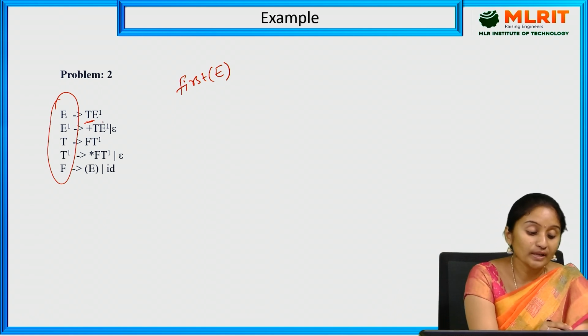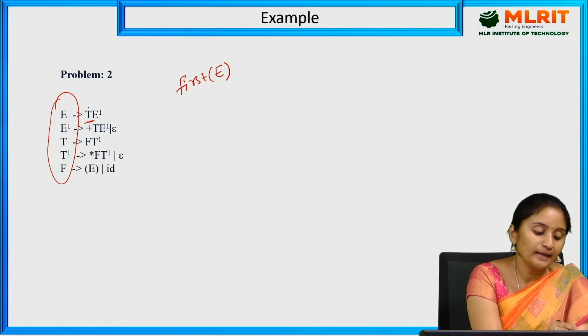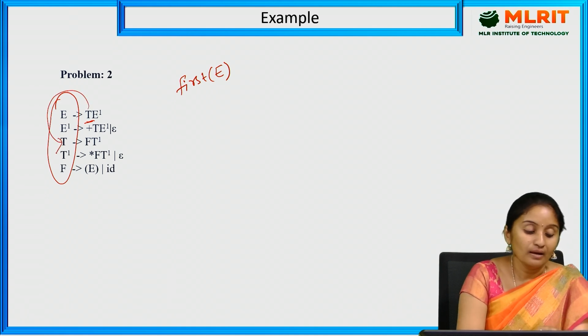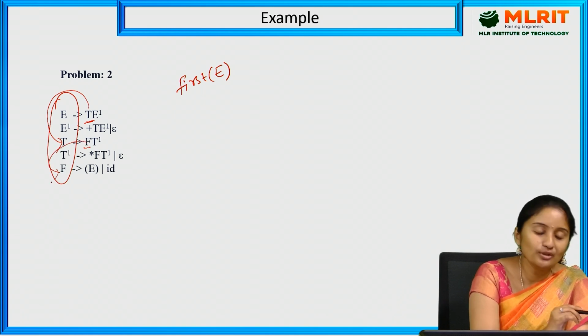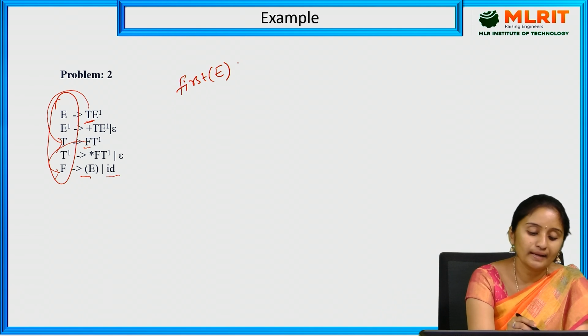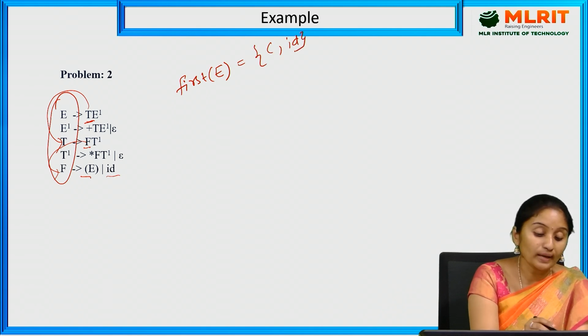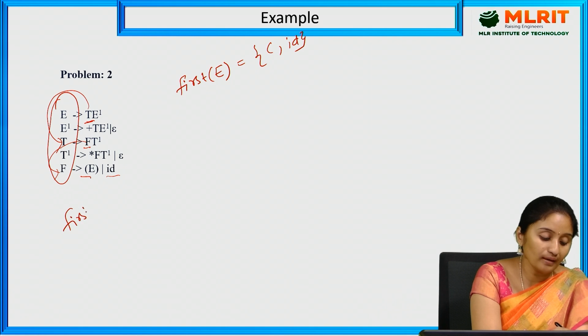So next what I need to do? I need to calculate here first of T. See here, again for T, what I am having, the first symbol is F. First of T is nothing but F. F is also a non-terminal. Again, I need to calculate first of F. I am just moving to the first of F. What I am having here, open bracket and ID. So, to calculate first of E,